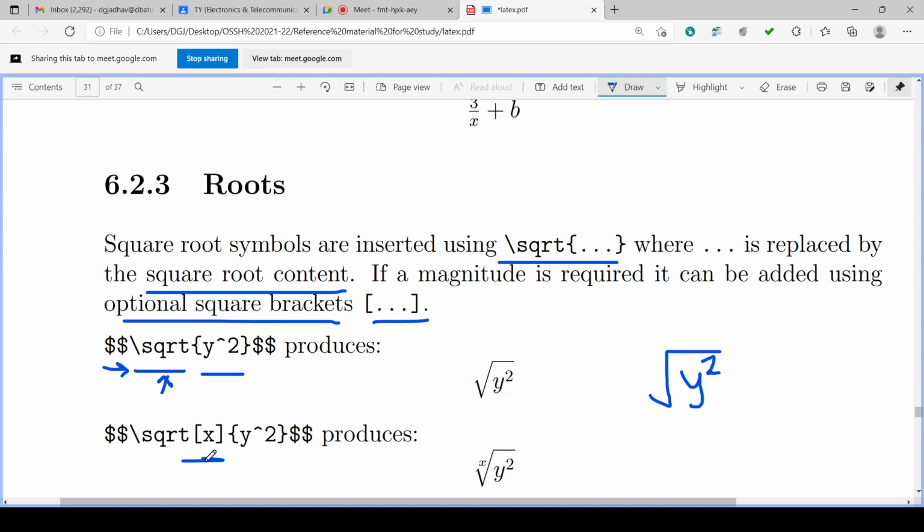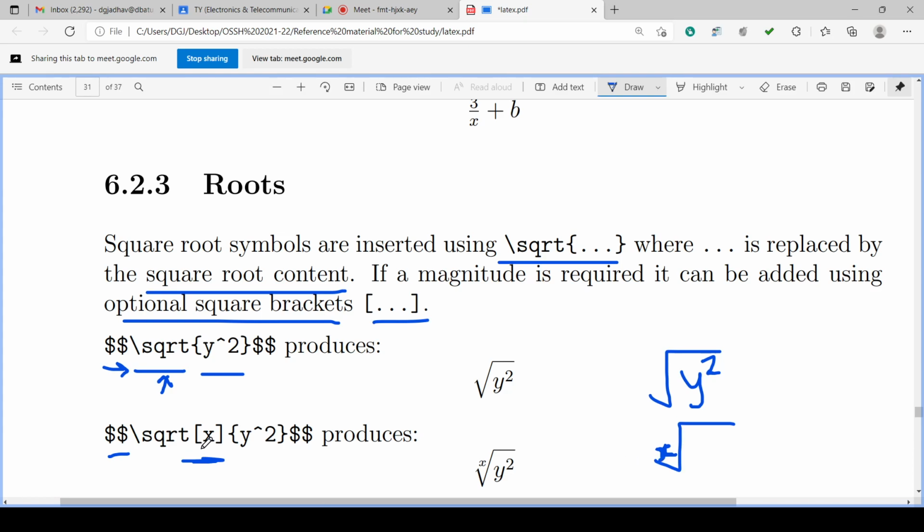Similarly, the magnitude can be given in a separate square bracket, here x. Double dollar enters math mode, backslash sqrt gives a square root, and x is the magnitude. If x is 4, the fourth root is taken; if x is 5, the fifth root is taken.